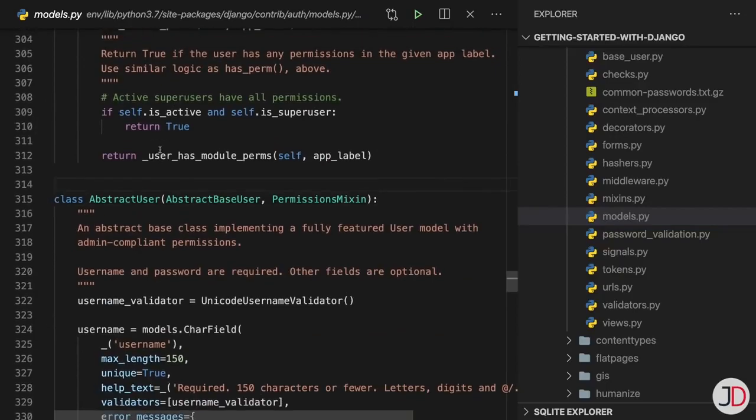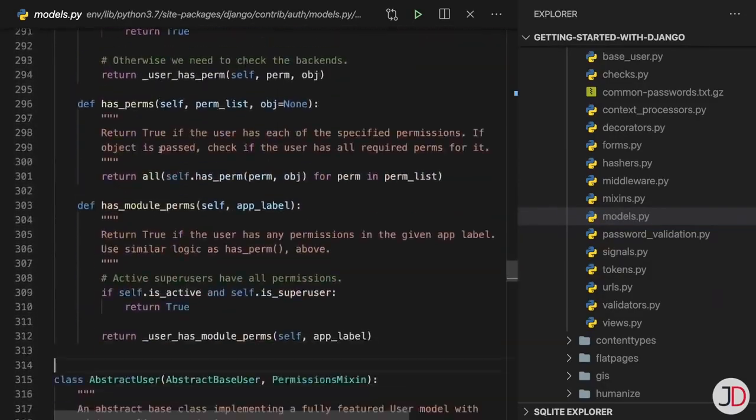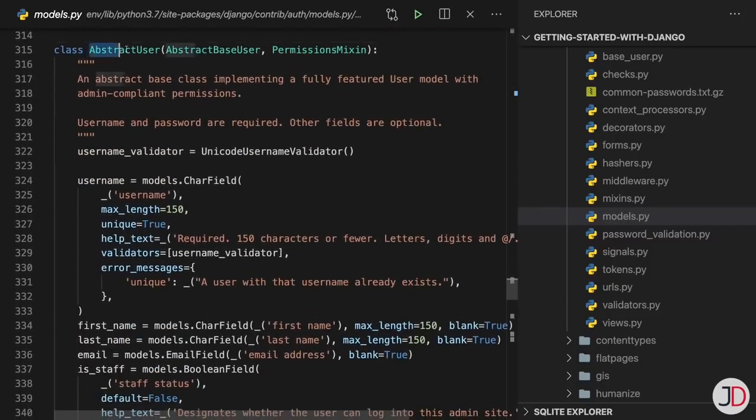And this is on line 315, right? So this is a whole bunch of stuff inside Django. And if we just scroll back down here to AbstractUser, then you can see this is the actual user